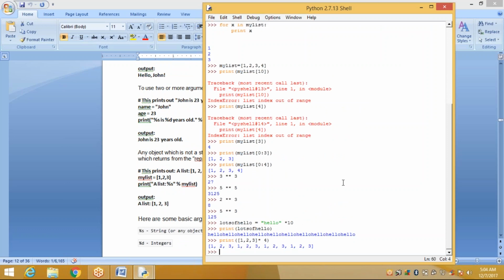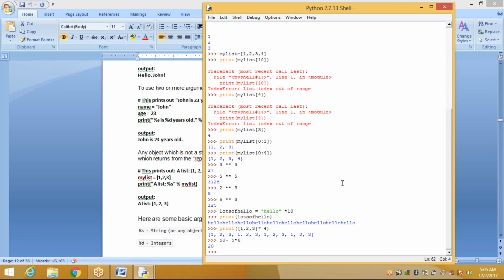Now, suppose I want to apply 50 minus 5 into 6, how much? 20. First it calculates 5 into 6, which is 30, then 50 minus 30 is 20. Suppose I want to calculate in the same way 50 minus 5 into 6 divided by 4.